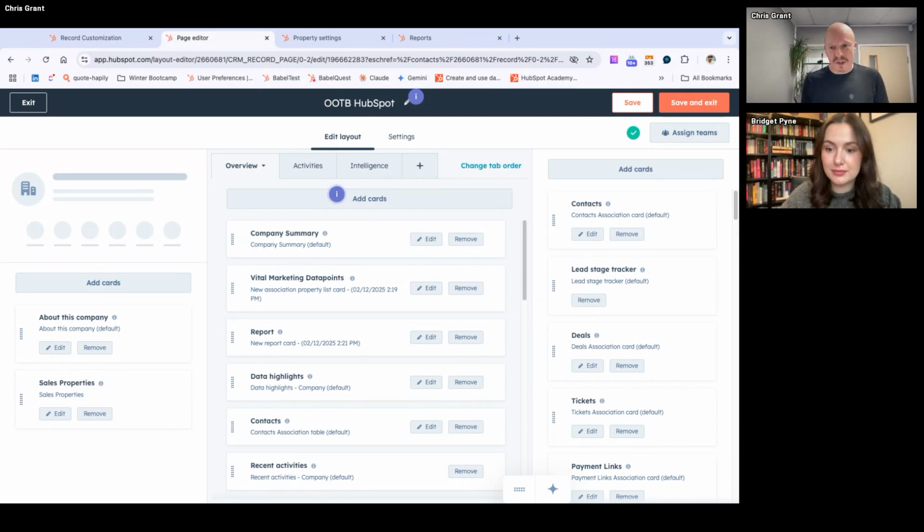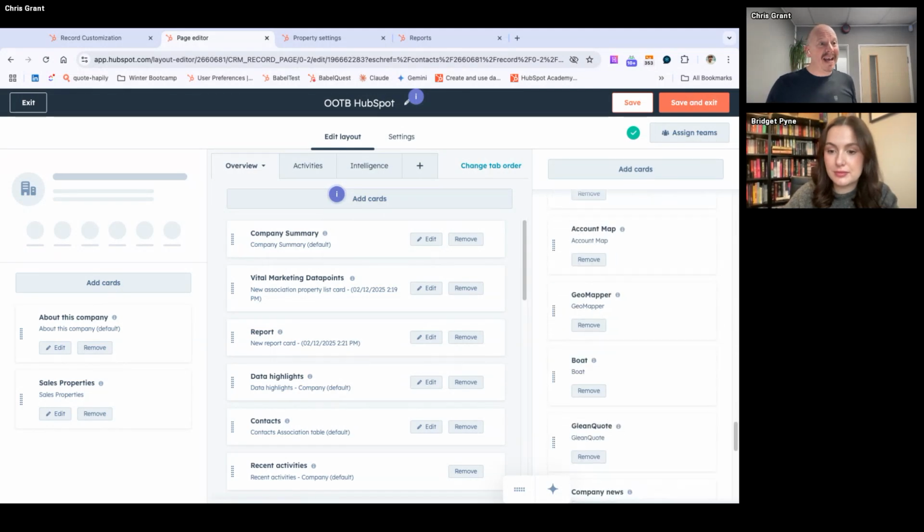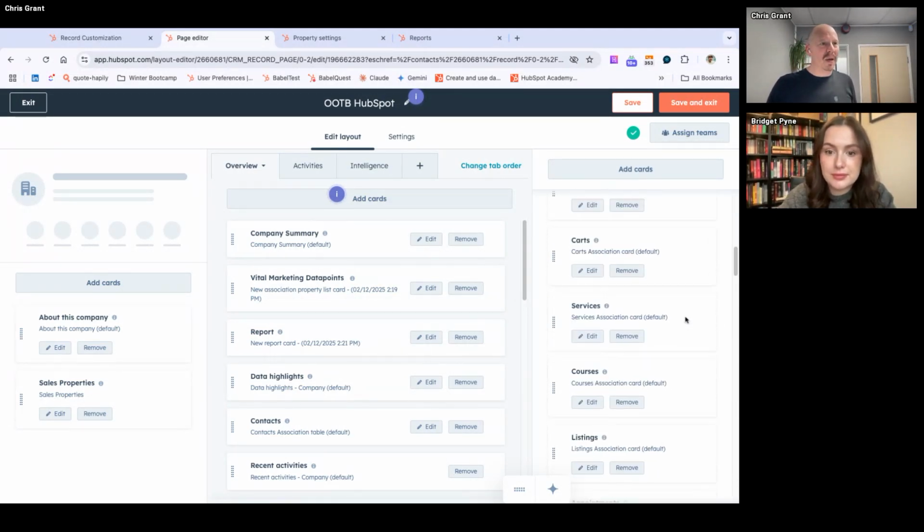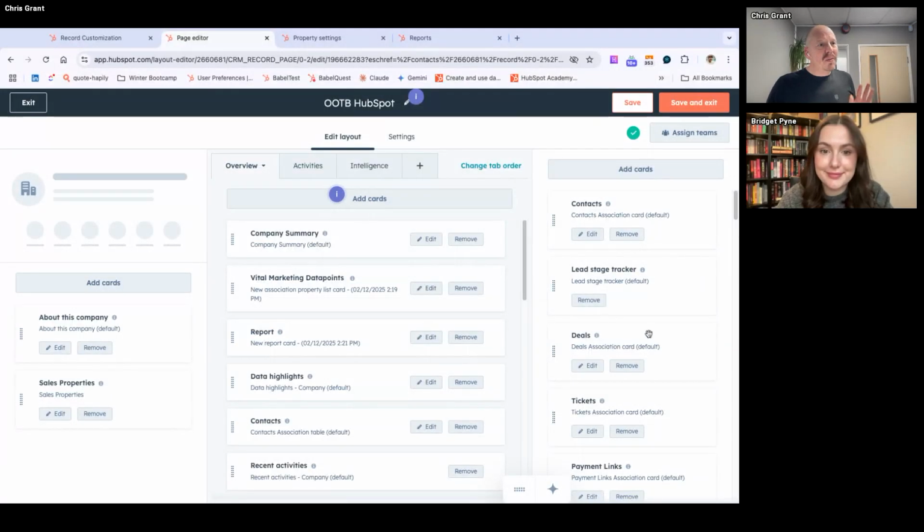People add integrations. One of the things Debbie will attest to is when we ask people on the Super Admin Bootcamp, how many integrations do you have? Typically, people will go away, look at their integrations and be very surprised by the amount of integrations they've got. And a lot of these will appear on here. As you can see from ours, we've got all kinds of stuff sitting on here. So think about how we can make that more useful.